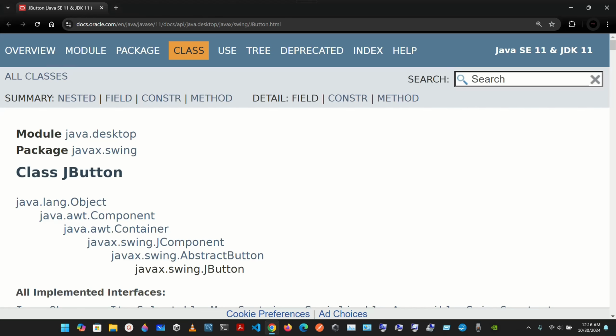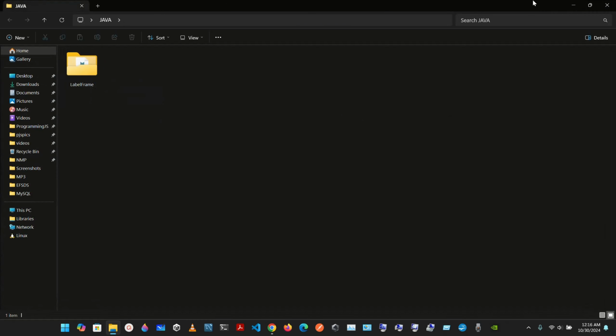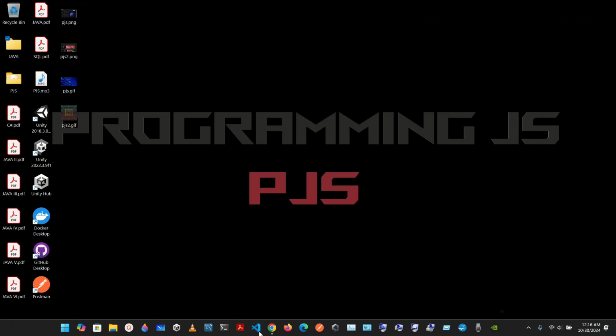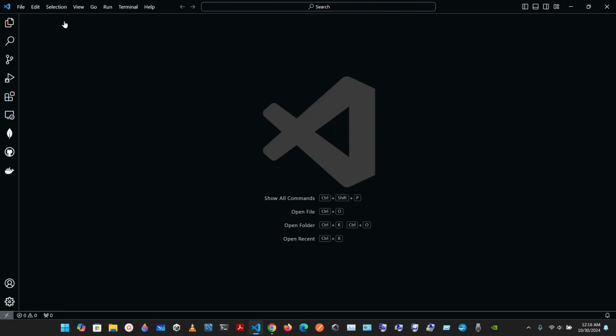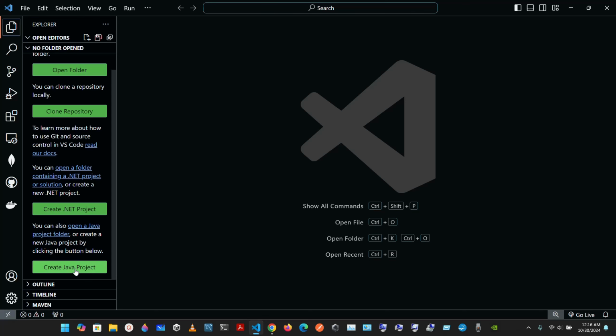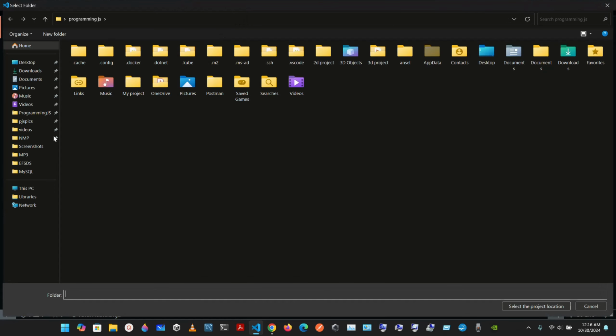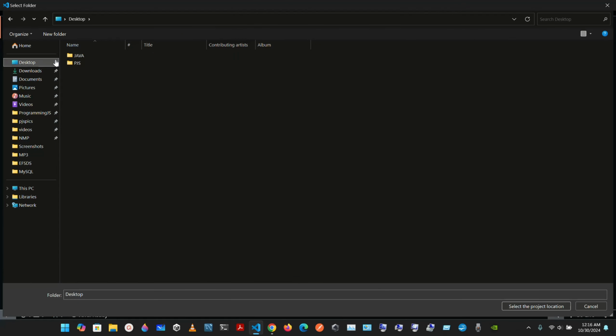So now we're gonna deal with an example with command buttons and action events. We're gonna use the class JButton, and to do that we already created the Java projects here and we created the label frame. So we're gonna go to Visual Studio Code and we're gonna go to Explorer. We're gonna go to create Java project, and this one, no build tools, and we already have the Java folder. I have it here on my desktop. So I'm gonna pick that,